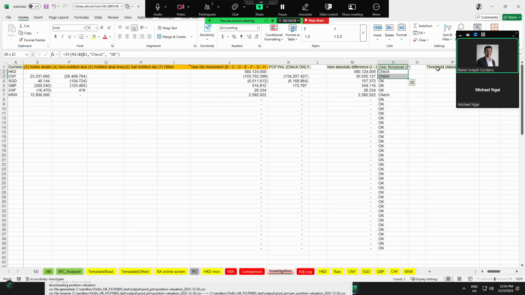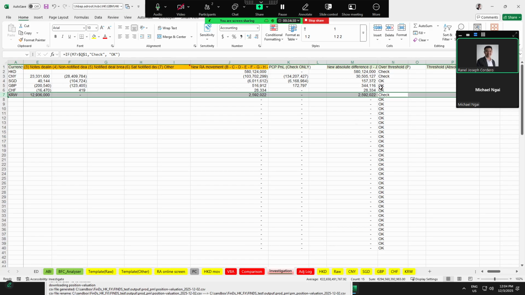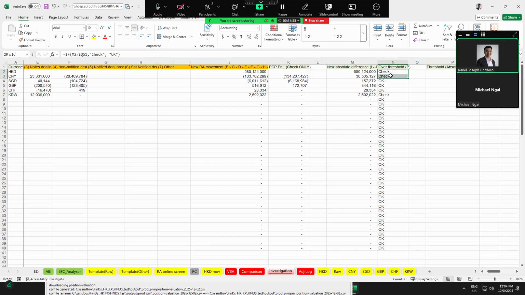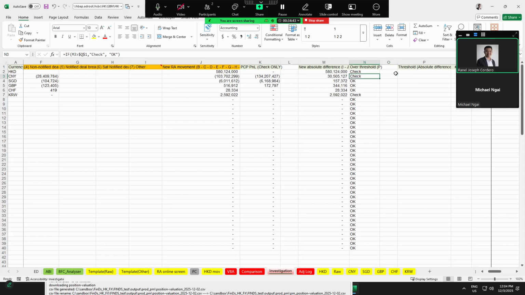So this is the new column that we can use as reference. Given that we have Korean won as valid, we only have these currencies. Remember, for Chinese dollars we have a higher risk appetite. Oh yeah, got it. Yes, 1 billion Chinese dollars will alert us, but a few hundred millions is fine.